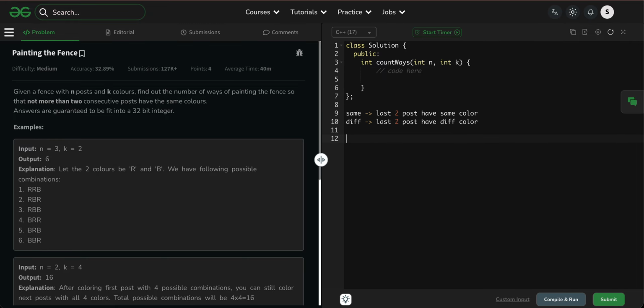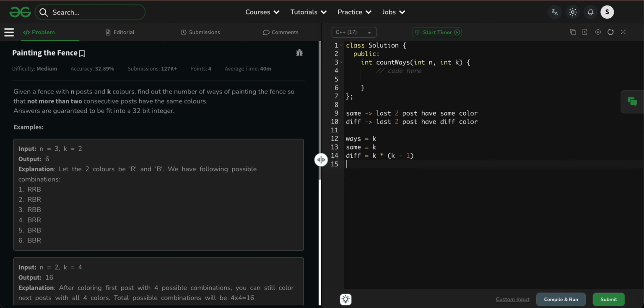For n is equal to 2, ways is equal to k, correct, and same is equal to k, and different is equal to k into k minus 1, right?